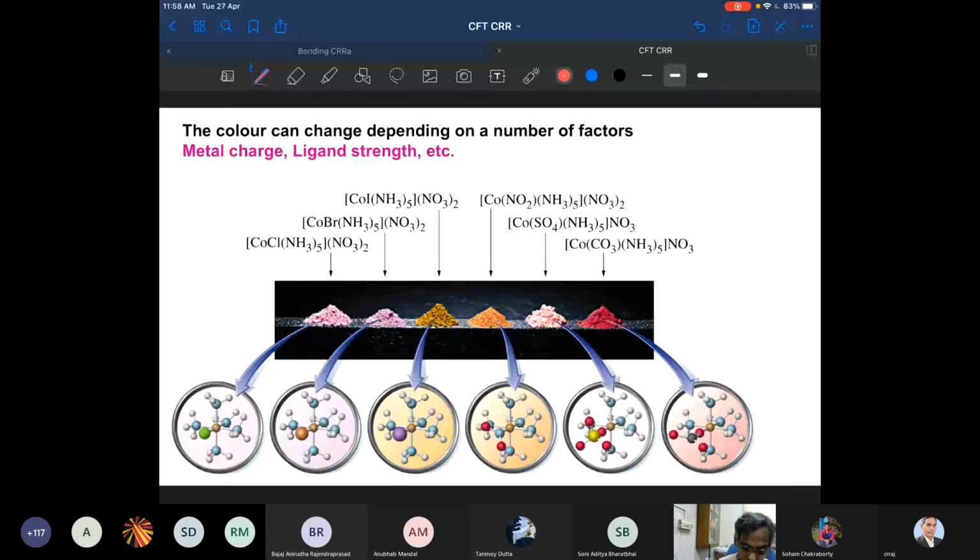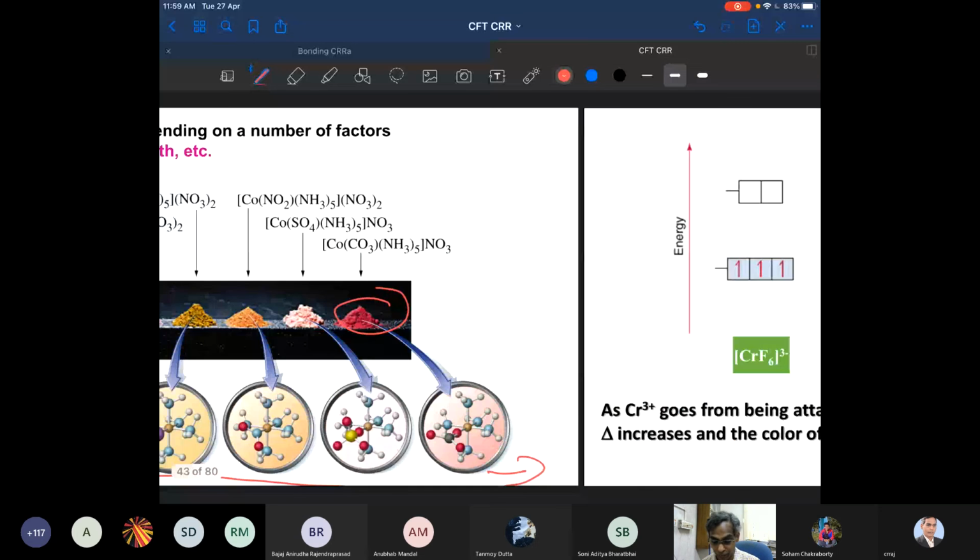Okay, now look at the beauty. Here you have cobalt complexes, all cobalt. I manipulate the ligands, say NH3, NO2, NO3, Br, NH3, and the color changes from here to here to here. That's the beauty of chemistry. I have a video, not now, maybe at the end of the classes. Once I finish my topic, I have a couple of videos to show you of how, in coordination chemistry, the color is being modulated by changing your ligands.